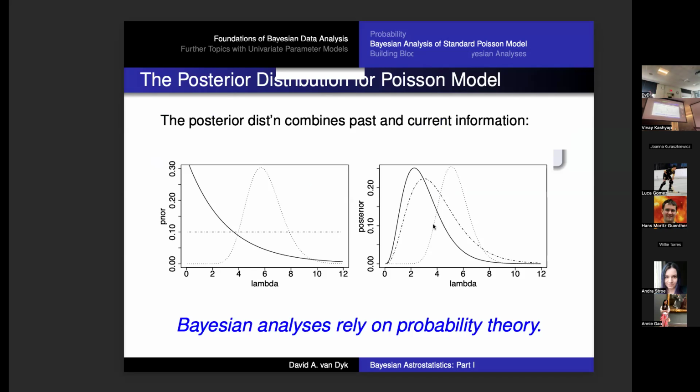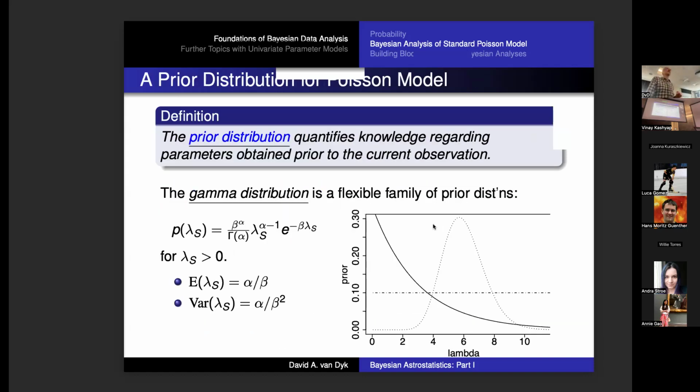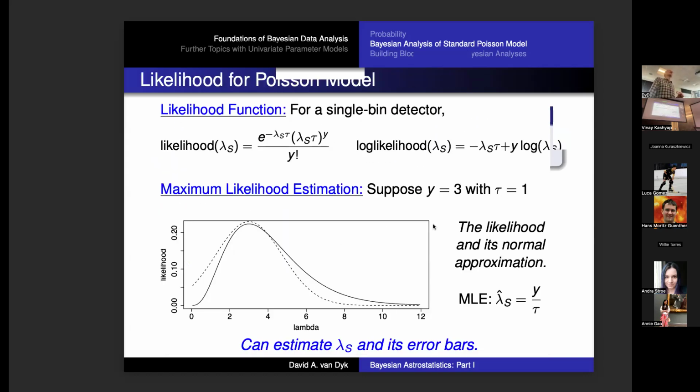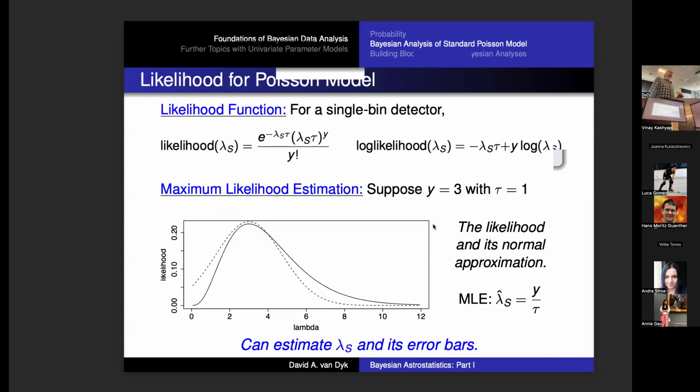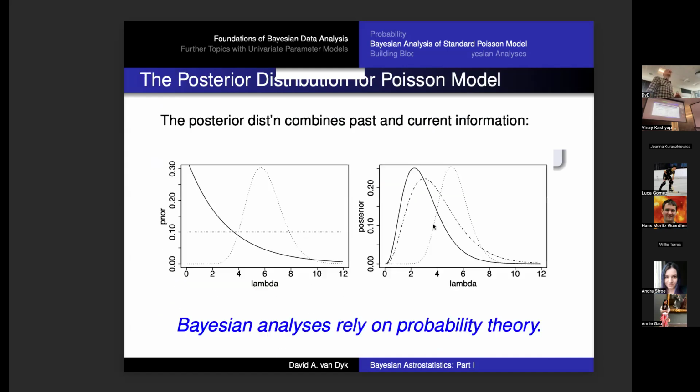But this here is looking at three different priors. In my analysis, I guess I didn't mention that, I have a made up data set. It's just a little data set. Where did I say it? Yeah, I looked at the thing for, say, 1 second, and I saw 3 counts. So it's a little data set.